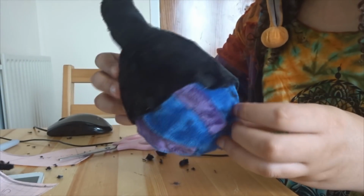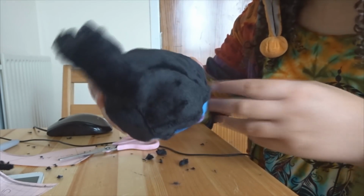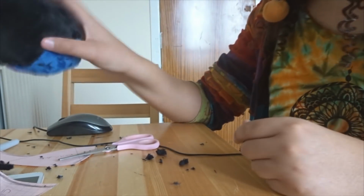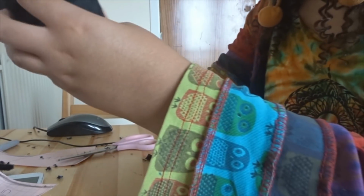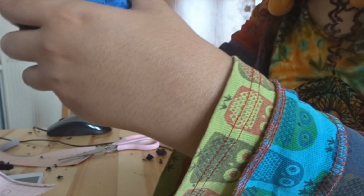So now I have this general shape, which is supposed to be the neck. Now the thing is, because of the way that I've cut this, I'm going to actually have to sew it on by hand, which means...